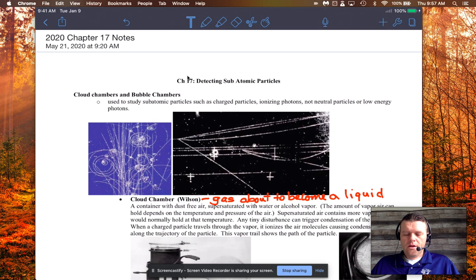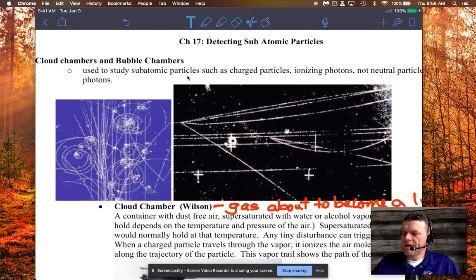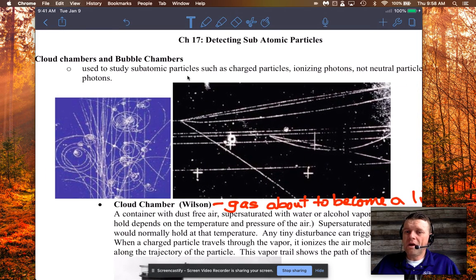So detecting subatomic particles has quite a history as well. As you can imagine, detecting things like electrons and protons was pretty difficult for those that were first studying the atom. Some techniques have emerged, though, that enable us to study particles that are smaller than the atom itself. So the first of them involved chambers. And the first physicist to actually study a way to detect these subatomic particles was Charles Wilson.